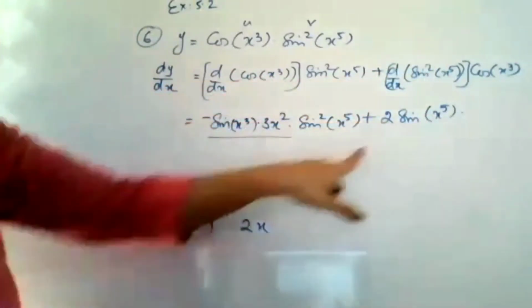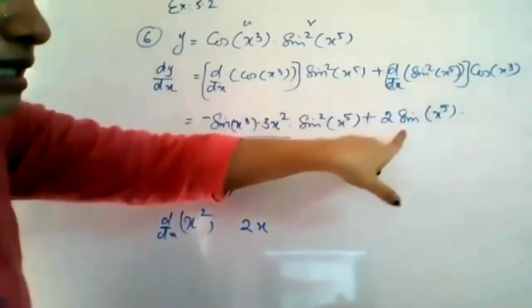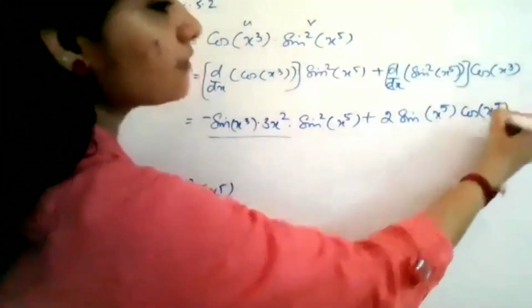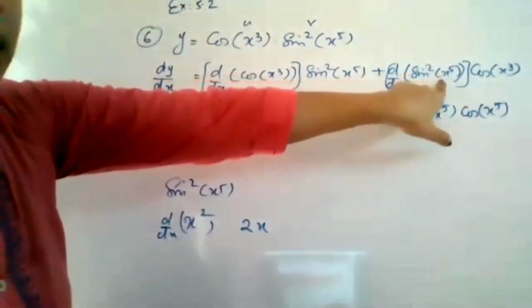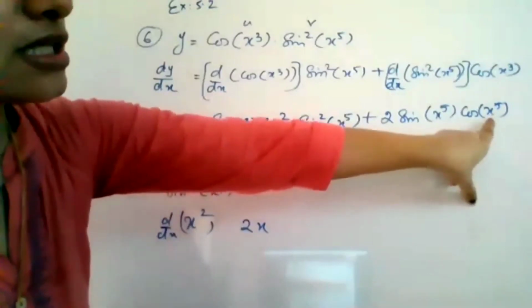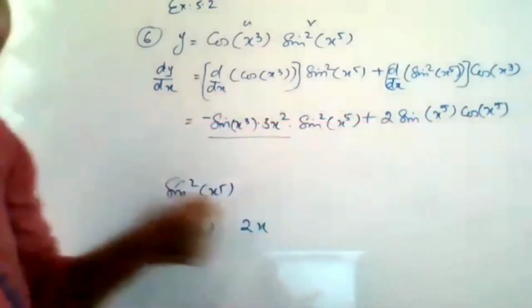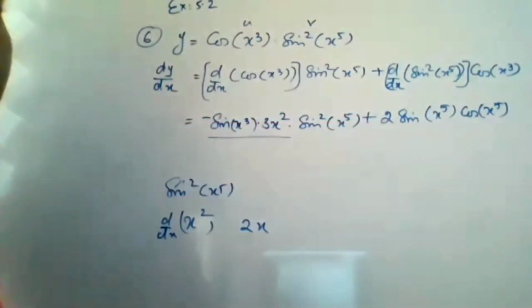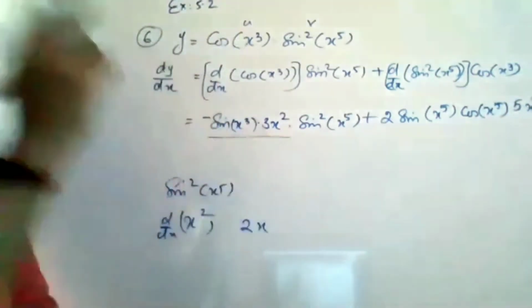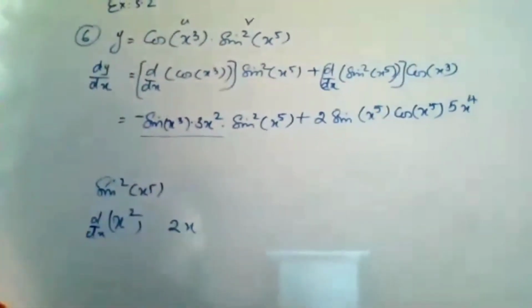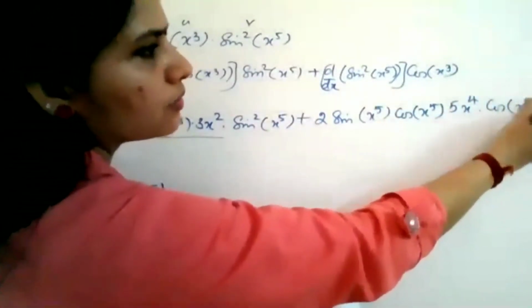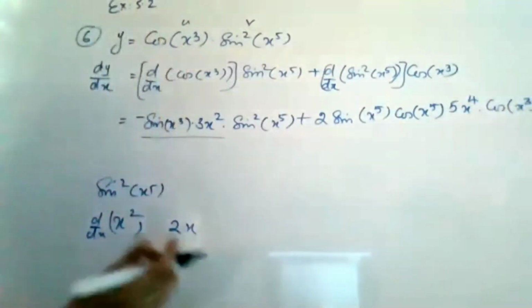Just like we do for x square, that is done. Now, since it is sine, the sine's derivative will be cos of. So here you have to write cos of x raised to 5. Then you need to write the derivative of x raised to 5 because this is not cos x. If the angle were x, you would stop here. But since it is not x, you have to differentiate this also with respect to x. So what will you get as the derivative of x raised to 5? 5 into x raised to 4. Okay, 5 into x raised to 4 into this term, which is cos of. Understood? This much you will.